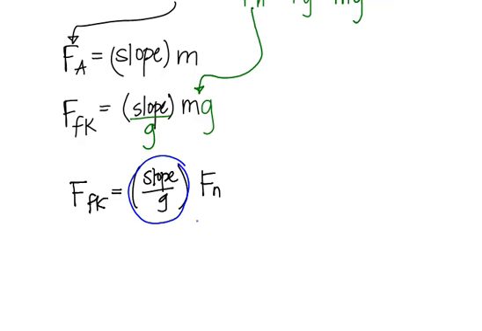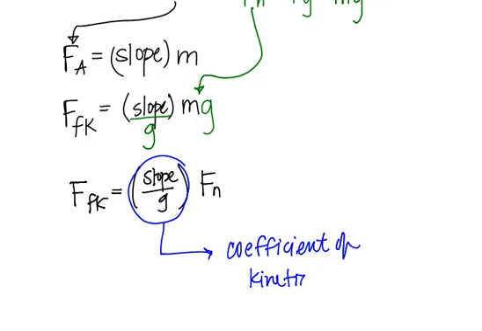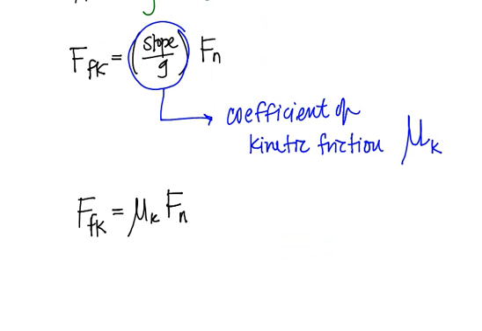Now this value right here is constant for the surface to surface interaction. This right here is the coefficient of kinetic friction, and we use the symbol mu. So mu k. So your force of kinetic friction is equal